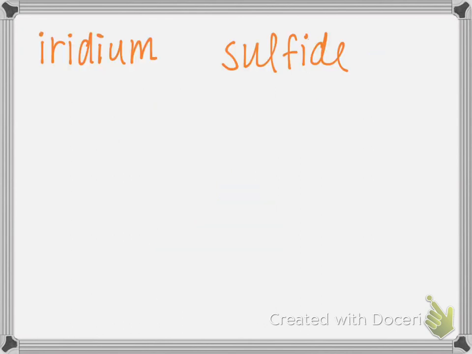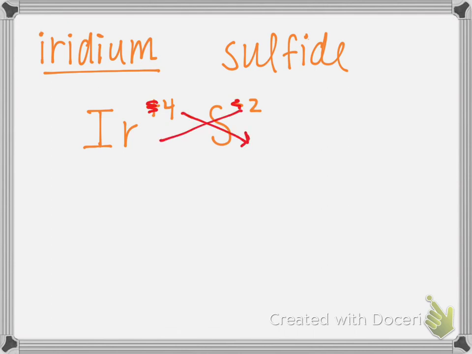All right, we're going to try one more here, iridium sulfide. Iridium is kind of an odd one. We don't see it very often, but it has atomic number 77. Look at it down at the bottom there. It's Ir, and it has a charge of +4. Sulfide has a charge of -2. If I'm going to put these together to get the chemical formula, I crisscross them down,